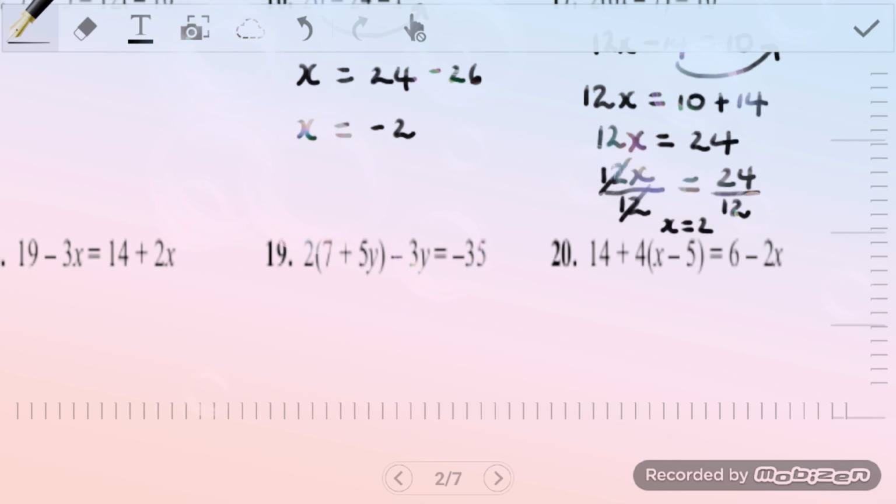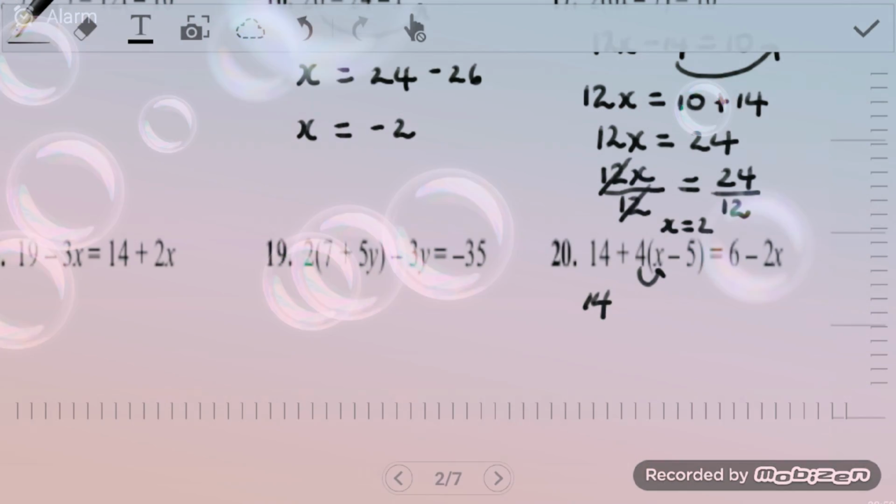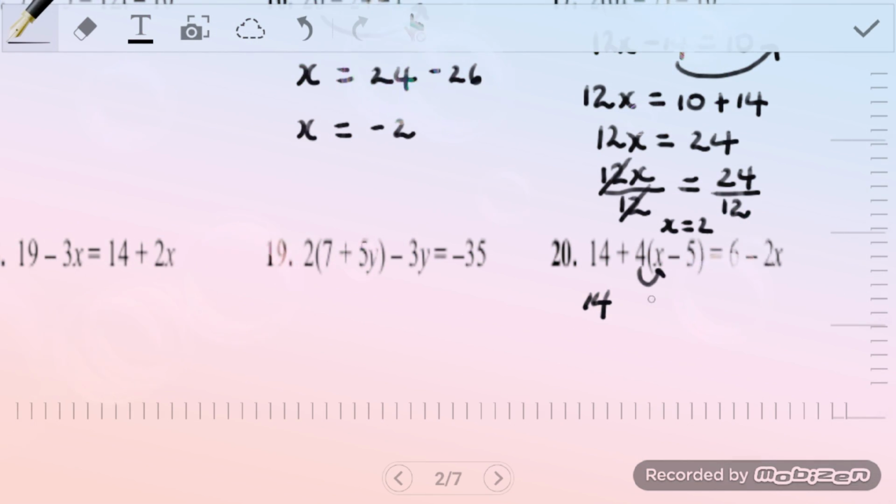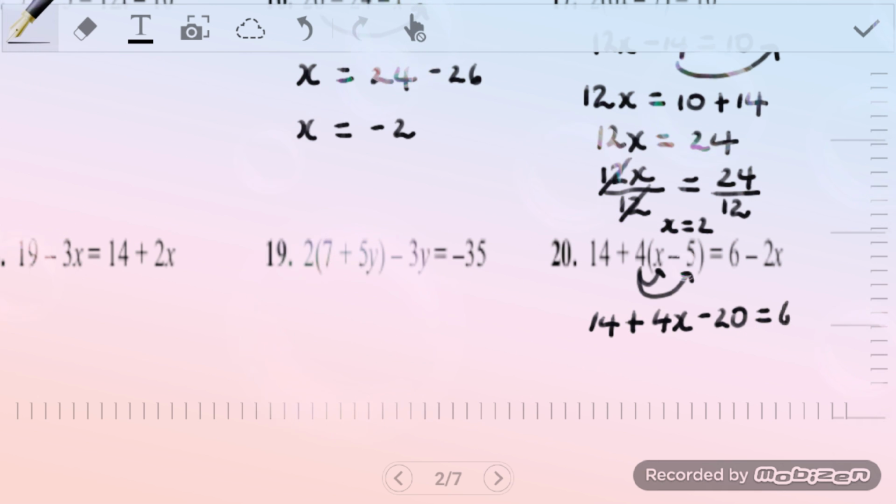So this would mean that we'd have to distribute the 4 inside the bracket. So we'd write down the 14 here, and we would distribute the 4 inside the bracket, with the -5. So now we end up with 14 plus 4 times x is 4x, and 4 times -5 is -20. And that's going to be equivalent to 6 take away